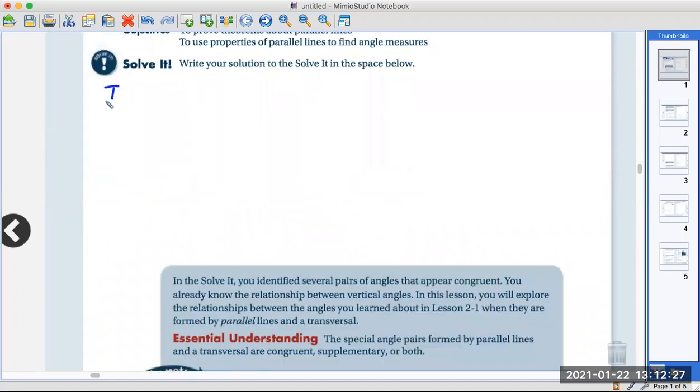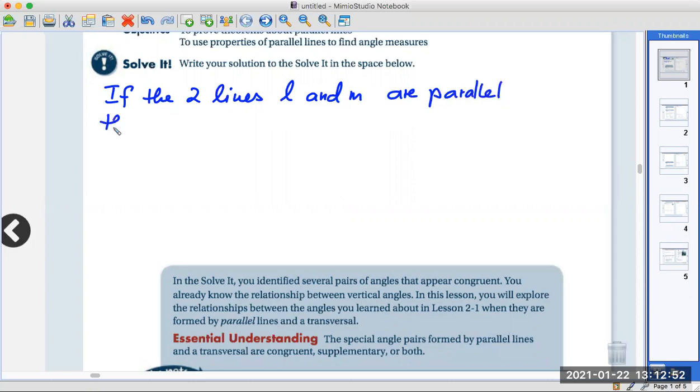So if the two lines, and I'm going to call them L and M. Remember, lines are named by lowercase letters, and usually in the last lesson they used L and M. So if the two lines are indeed parallel, then the transversal creates